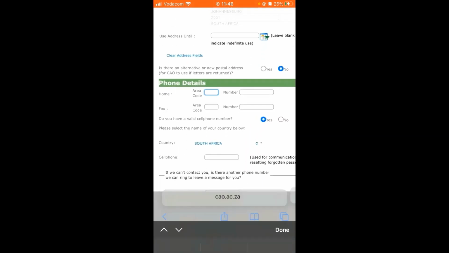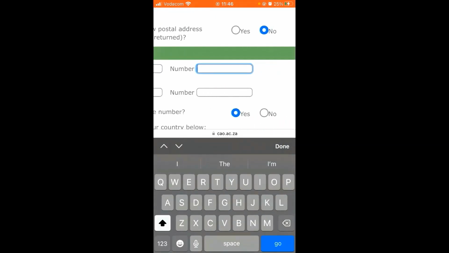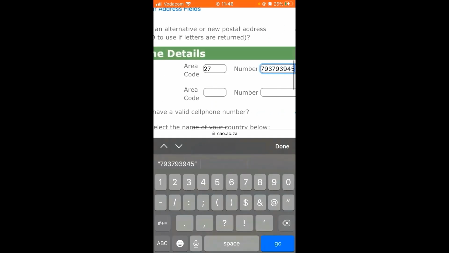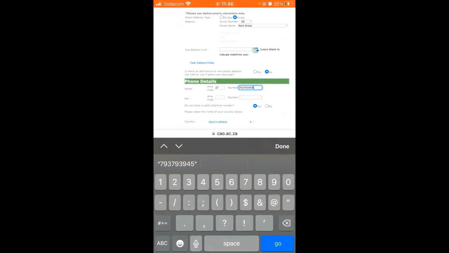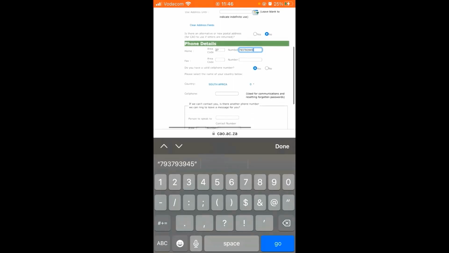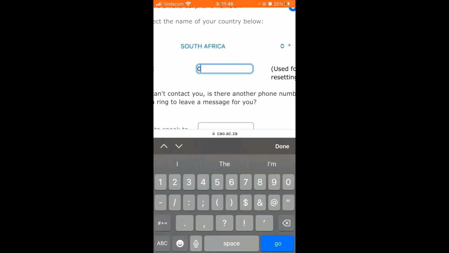Area code, you must write 27, and then you must write your phone number. 79 39 945. Do you have fax? Okay, just leave the fax thing alone. Don't touch it. Do you have a valid cell phone number? Yes, right? So you're good. Please select the name of your country. You see, already selected for you. And then your cell phone number. It's also